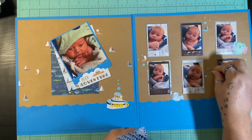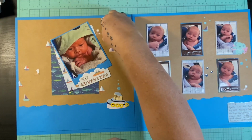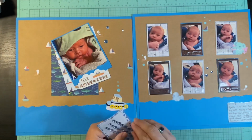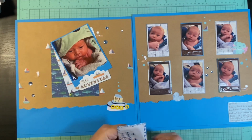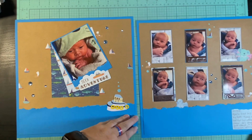and then I put like 3 over on the right layout, and then I add some of these little rhinestones from Recollections. I forget that I have them, and I made a point of buying a ton of different colors in the rhinestones and the enamel dots, and I forget to use them all the time. It's ridiculous. So I pull those out and put those on here. I put a couple clusters on the left layout and 1 cluster on the right, and then I've got the little bubble clusters,